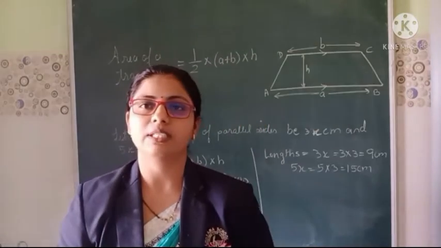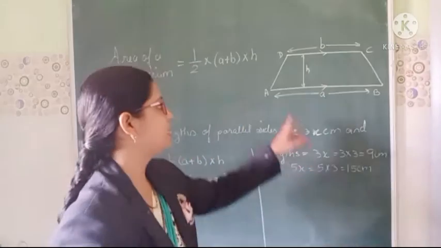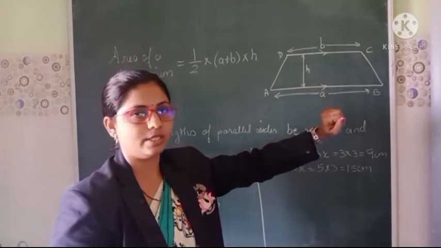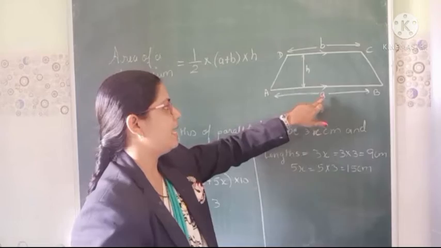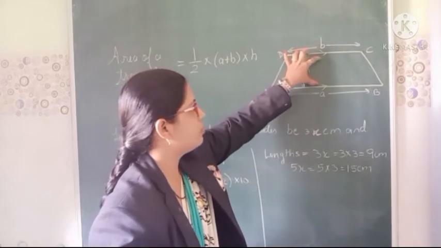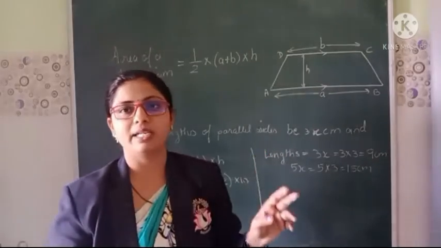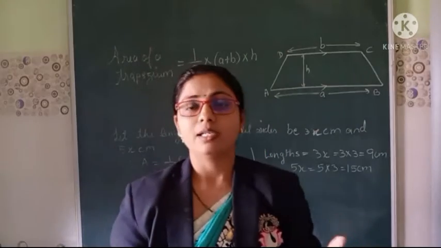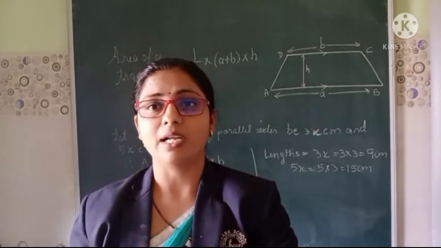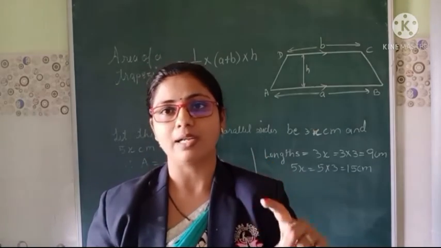Now let us study about the trapezium. We will study about the area of a trapezium. So this is a trapezium where we know that two sides of a trapezium are parallel to each other. So in this we can see A and B sides are parallel to each other. Whatever the distance is between two parallel lines, that is known as the height. Always keep in mind, in the questions it may be given sometimes or it may not be given, the distance between the parallel lines, find out. So it doesn't mean anything, it is only the height between the two parallel lines.